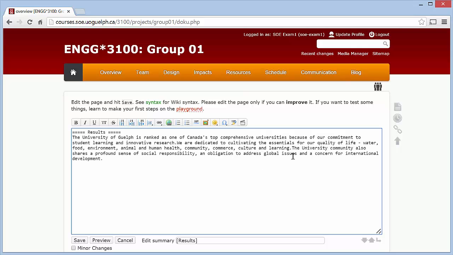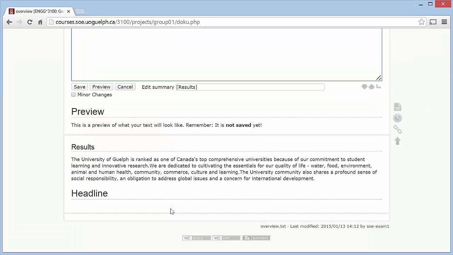Now let's do an experiment here. Let's say for example I hit an enter here, and then let's say I want to have a subheading of the result. So I'm going to click on this one here, higher head level, and I'm just going to put here, what I'll do, I'm just going to preview it, and